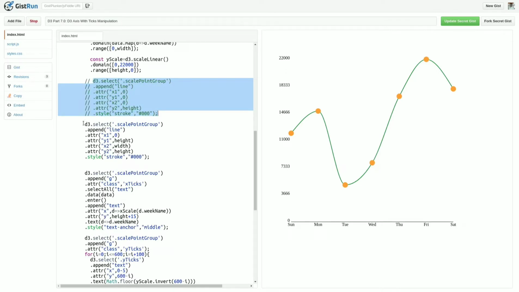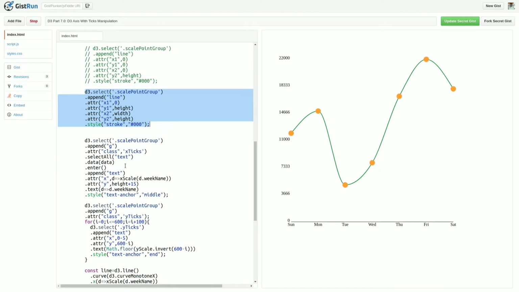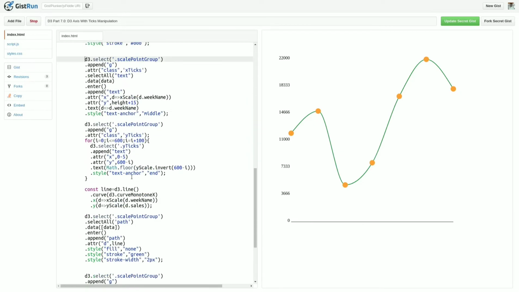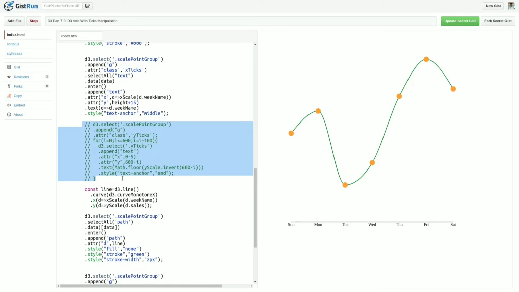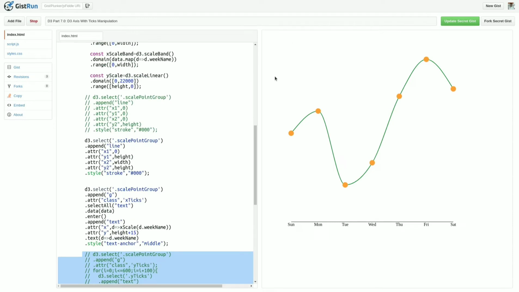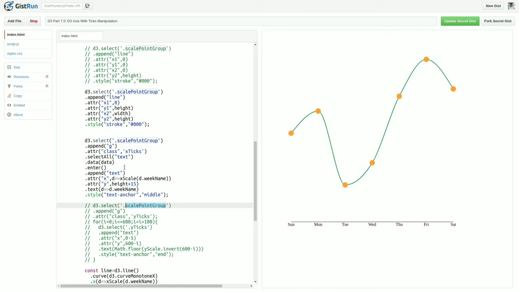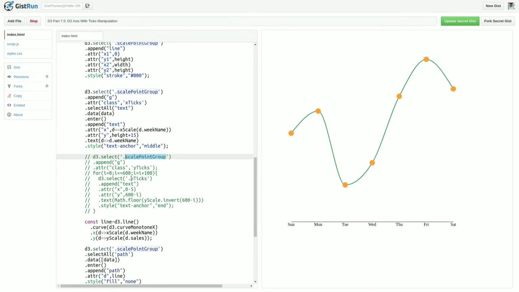If I remove this, it will remove the lines. Now, you can see that I created this y-axis using the line and text elements. I created the vertical line, and on that vertical line I appended the text to create the ticks.